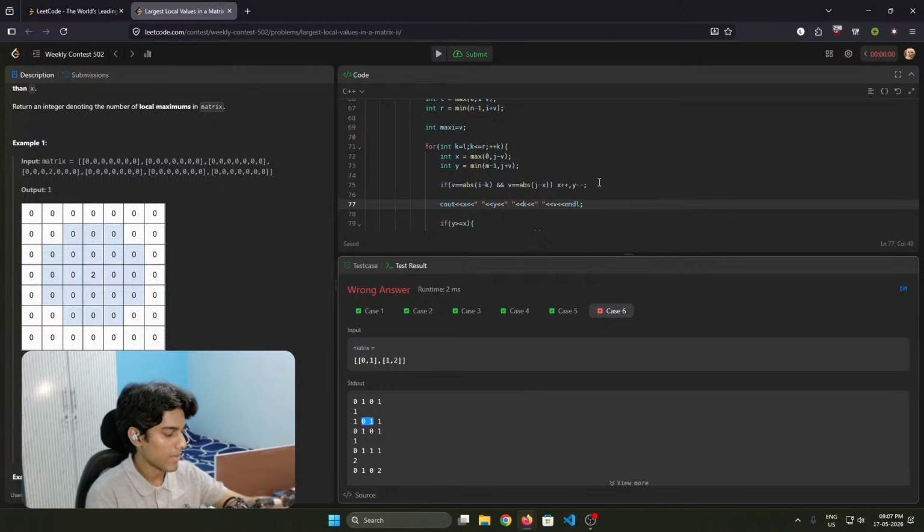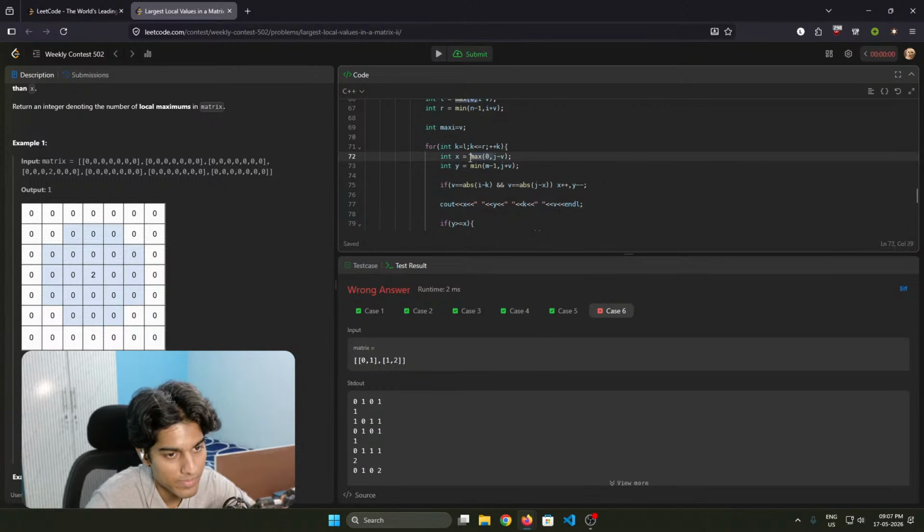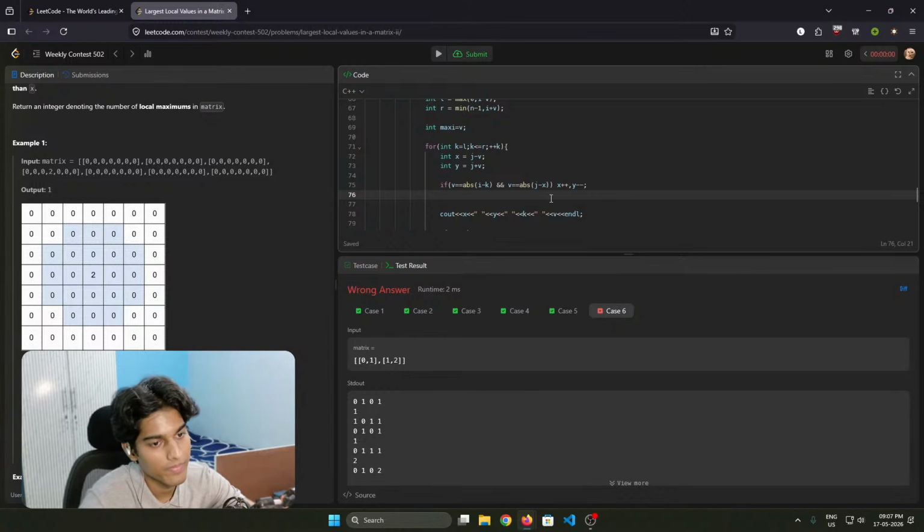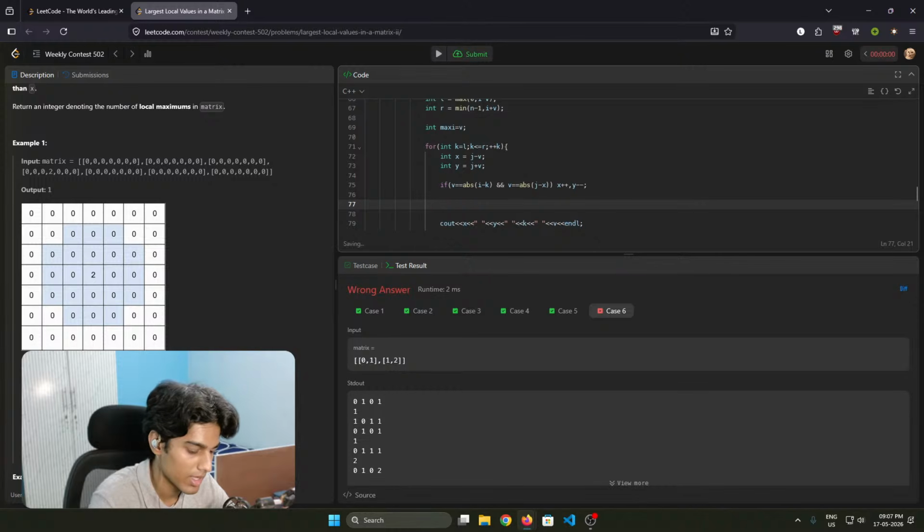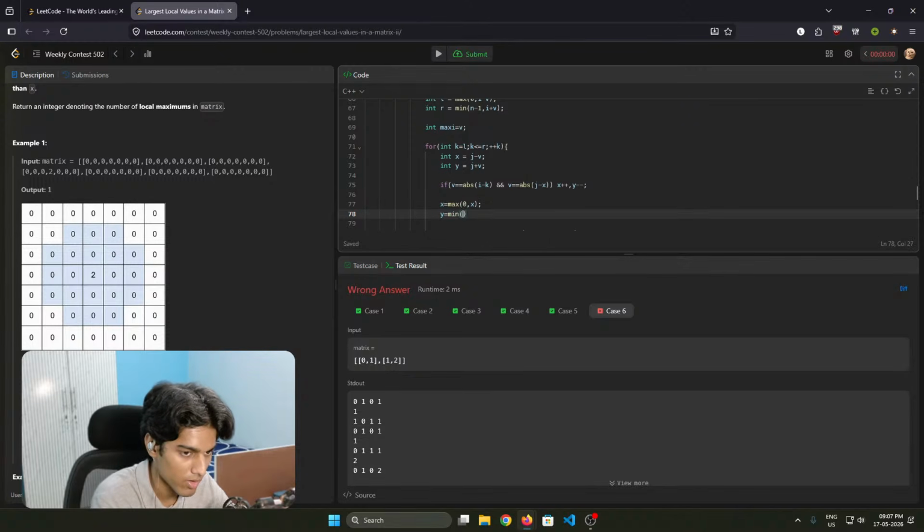This is why it happened. Let's fix this. Okay. Let's make it j minus b. Let's make it j plus b. Okay. And now x is equal to y equals to minimum of